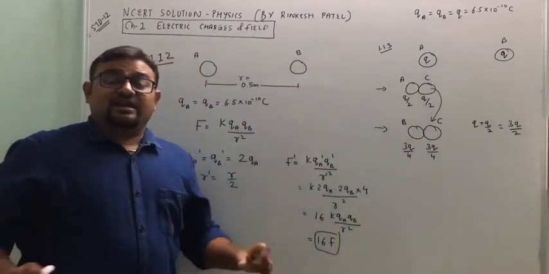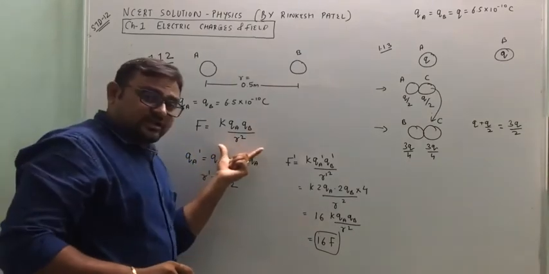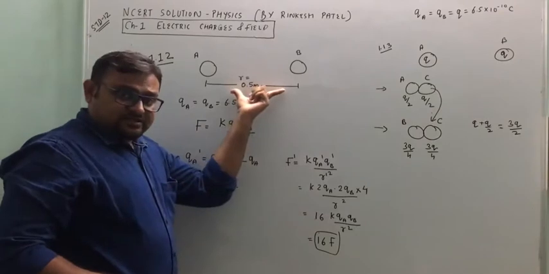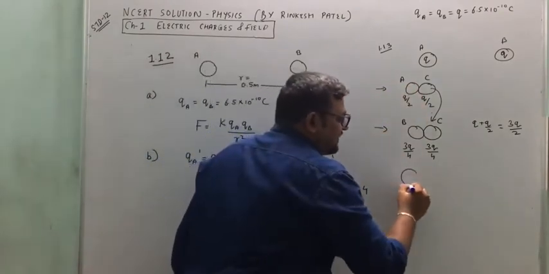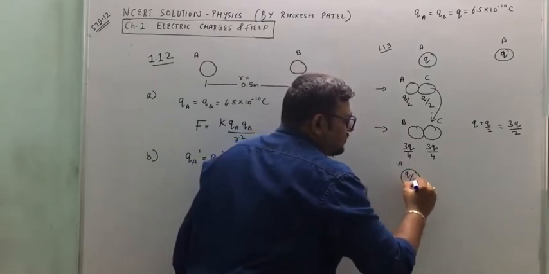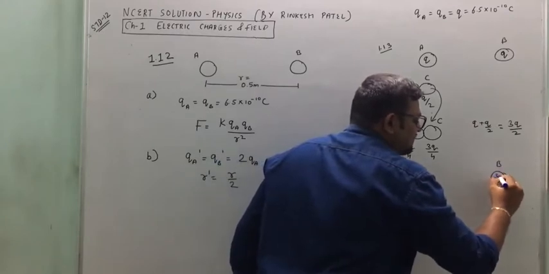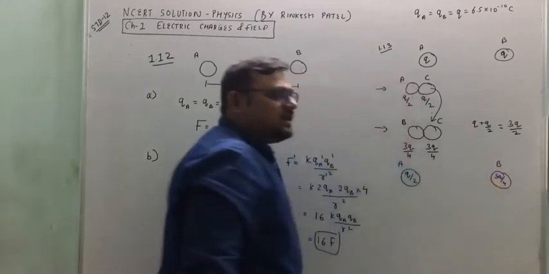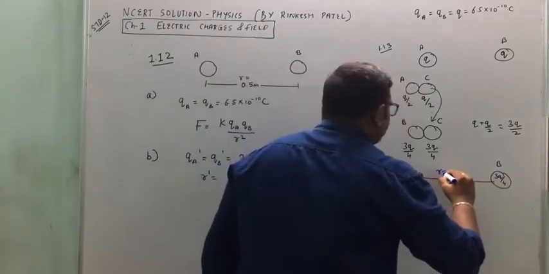Now you have to find out the same thing, that is electrostatic force in a similar condition but with new charges. So if I take the same case A, now here the charge is Q by 2. B, here the charge is 3Q by 4, and the distance between them r is equal to